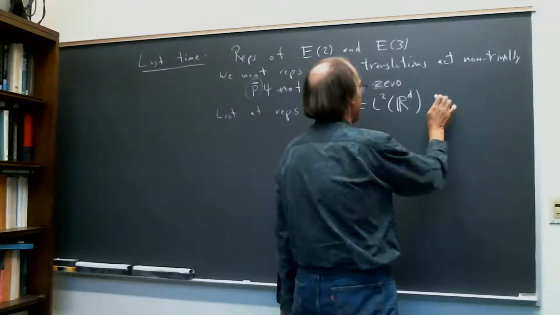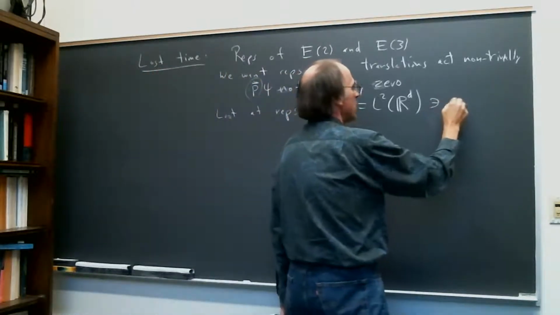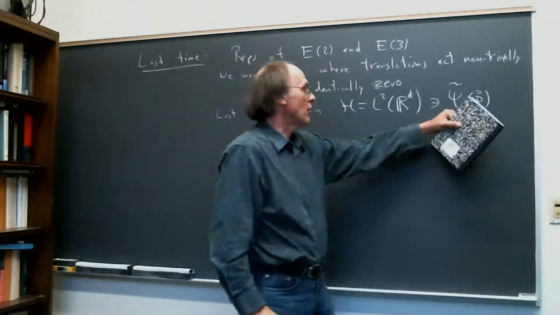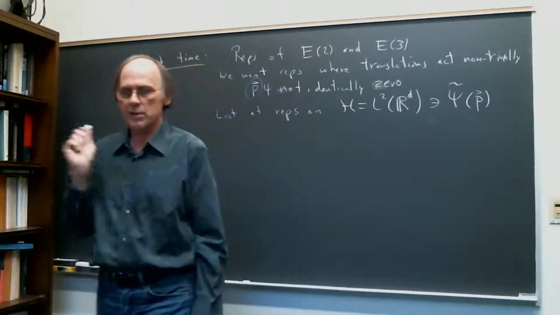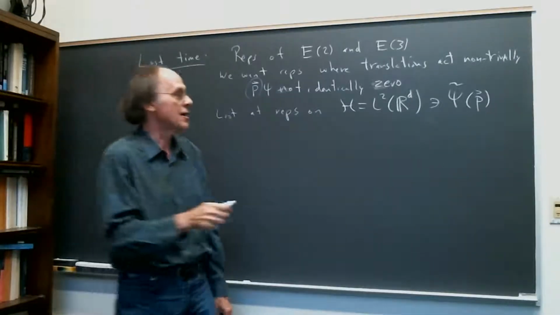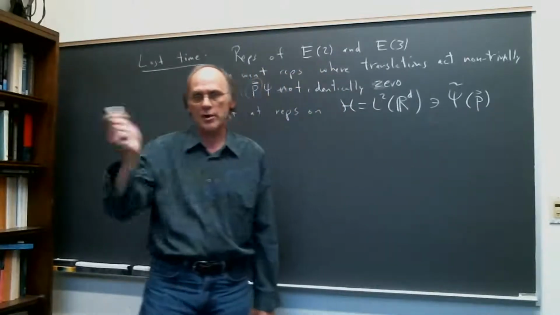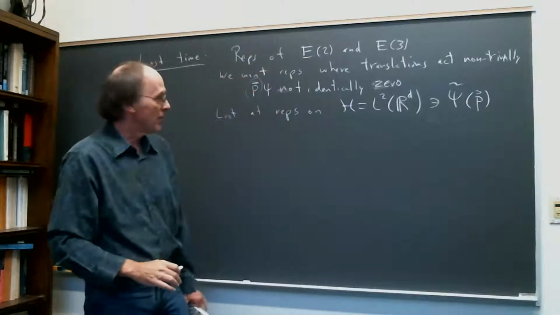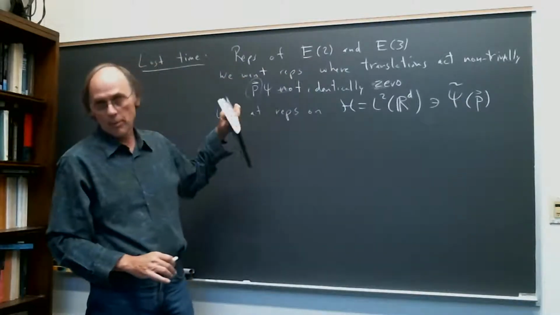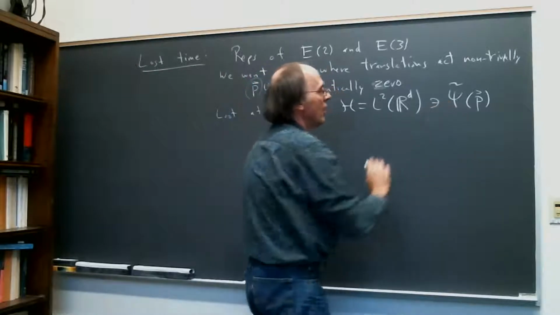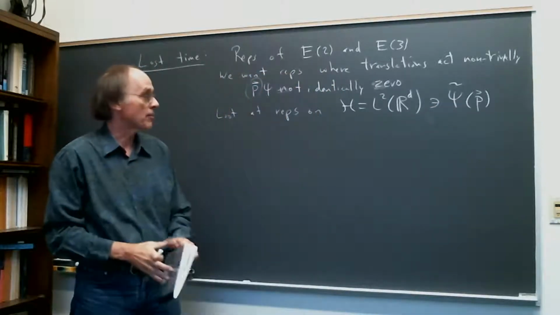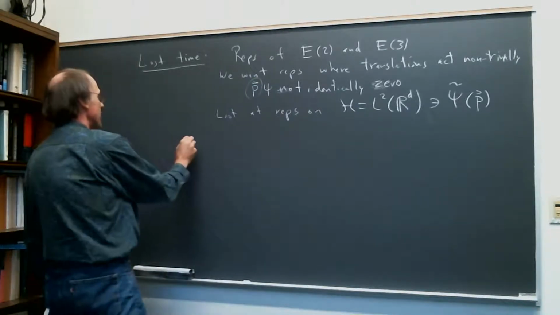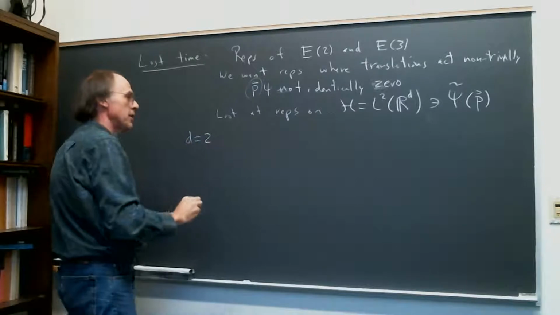So we're going to think about our wave functions, but we're going to work not with the wave function as a function of x generally, but with the wave function as a function of p. And we can always Fourier transform back and forth. But if we work with the wave function as a function of p, then the translation operators just act by multiplication on this, and so it's a lot easier to see what's going on. And then what you find in D equal to 2, the irreducible representations